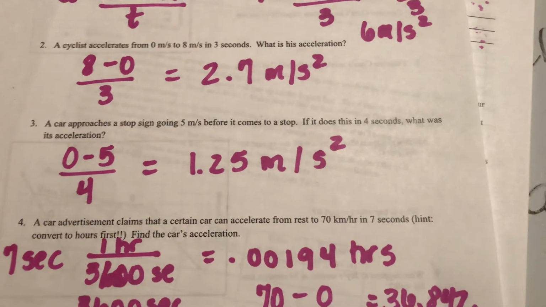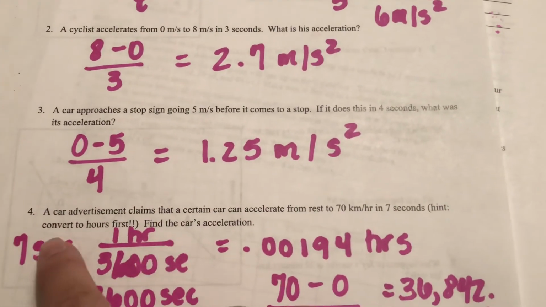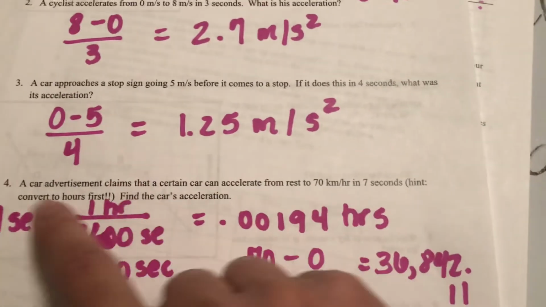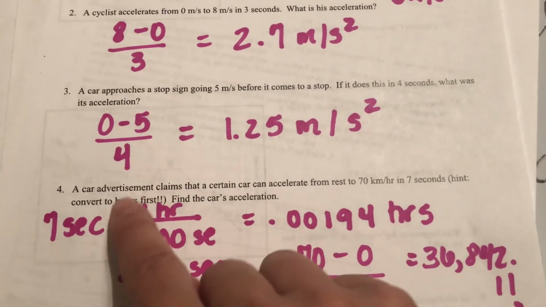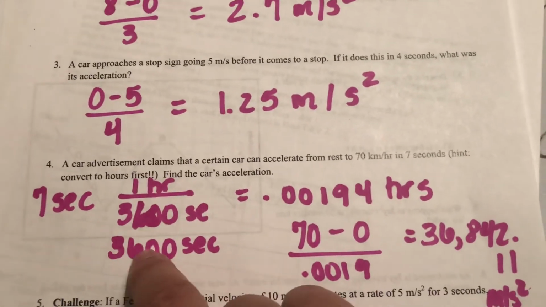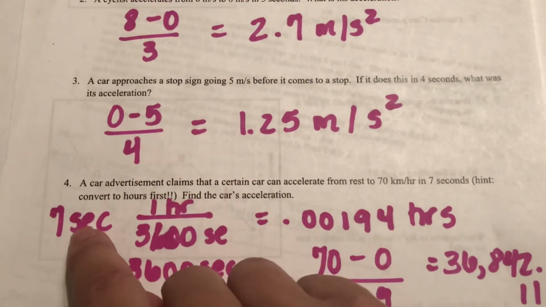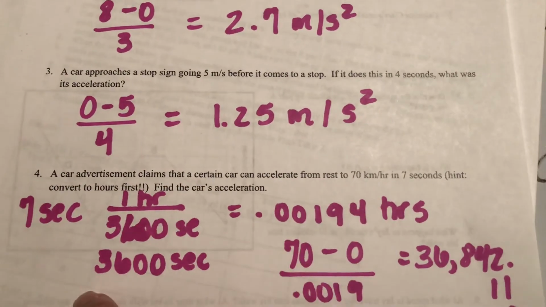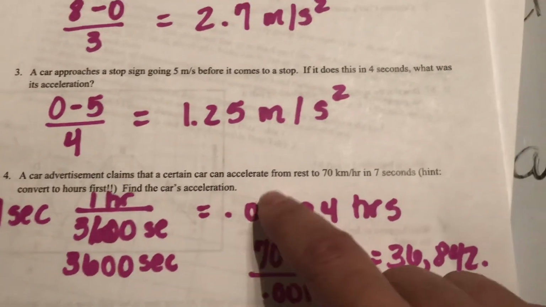Most of the time I would have given that to you, but I wanted to see what you could do. So simply, I do the cross-out method. I'm not quite sure what you've done in math. But I know, okay, for seconds, when I use my converting factor, there are 3,600, you can't read that, so I rewrote it. 3,600 seconds in 1 hour. So if I divide this so that I can cross out my seconds, I do 7 divided by 3,600 to get